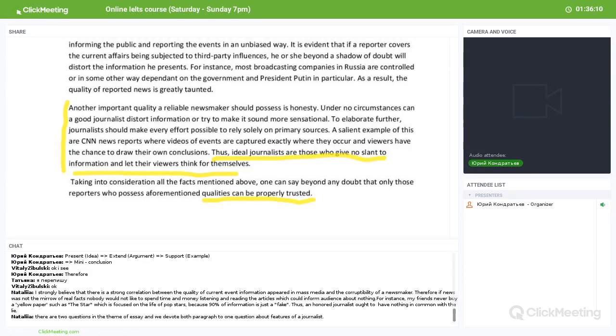If you feel that this is not enough, and it would be better if you devoted more time to the second question, you can include some information in this paragraph about how to trust, and some information here also. So yes, you're right. You need to answer both questions fully. Ideally, you need to include information about trusting journalists as well.